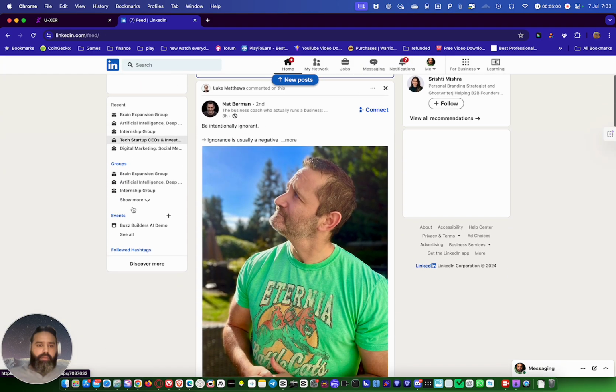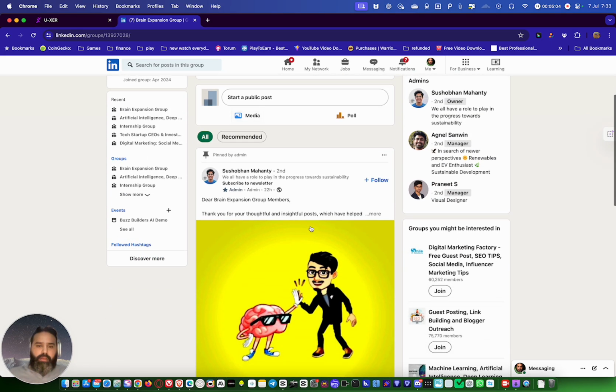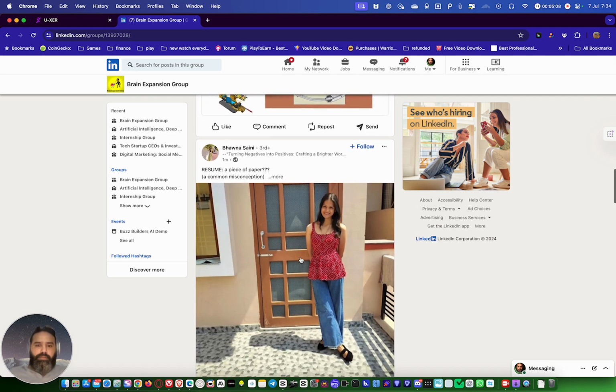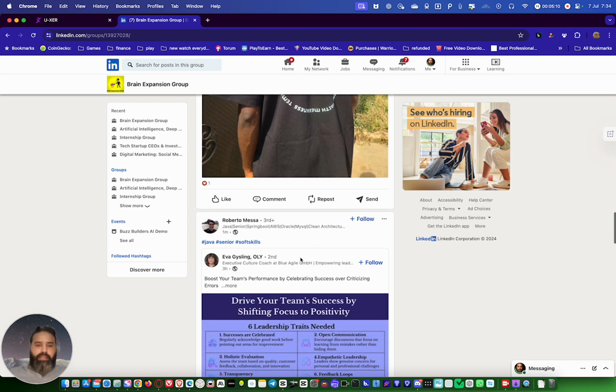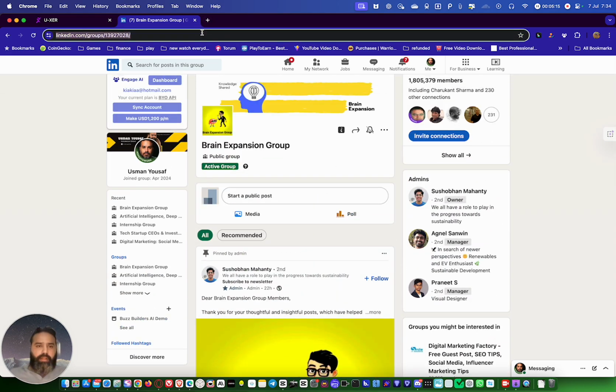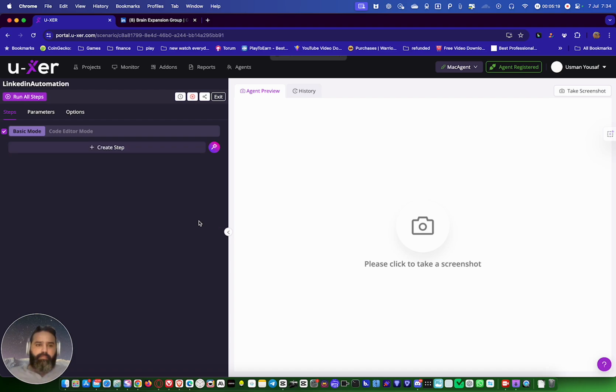So for this, I'm gonna go with the group because in groups, what happens? A post is uploaded every 2 seconds. See, every 2 seconds, 3 seconds, there's a new post. So we just copy this URL and paste it here, save it. So now what it will do, if I run this tab, it will just open the Chrome browser and go to this URL. This is the first step.